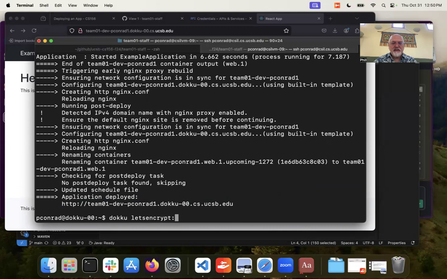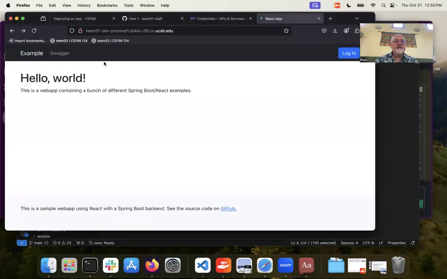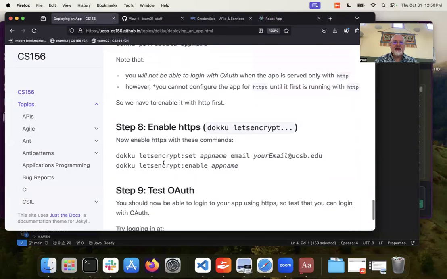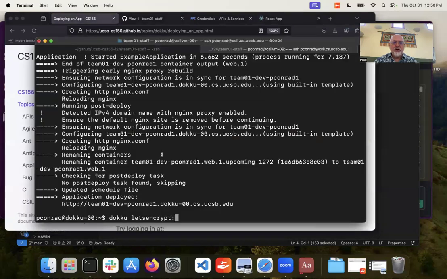And I believe it's Let's Encrypt. I should look it up rather than trying to do this from memory. Deploying an app. Okay, so we did the rebuild. Now this, Let's Encrypt set. This is what we want. So let's just copy paste, and then we will change the app name to